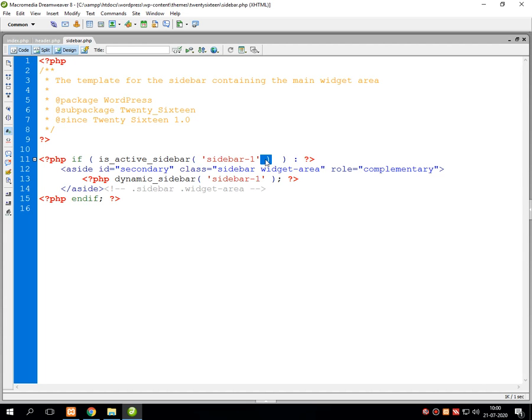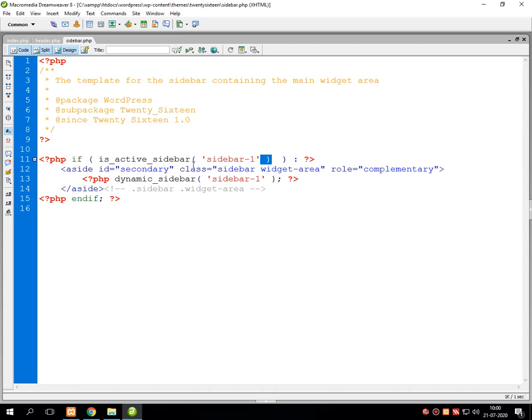There is a specific purpose of this particular function, is_active_sidebar. It is actually a Boolean function which checks whether the given sidebar is active or not. If the given sidebar is active, then this Boolean function will return true, otherwise it returns false.